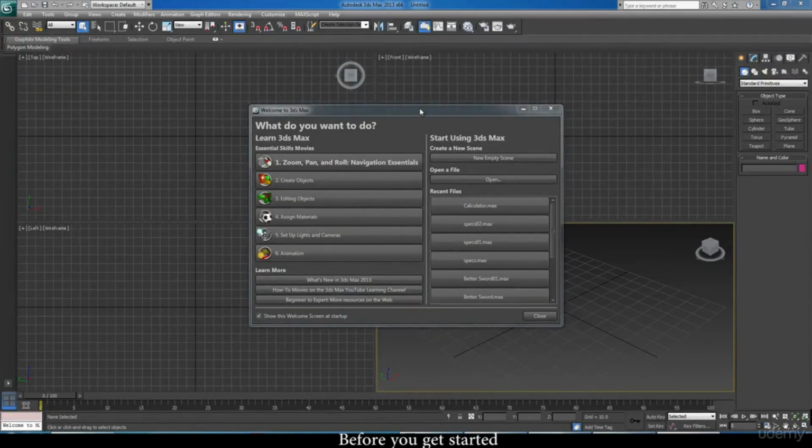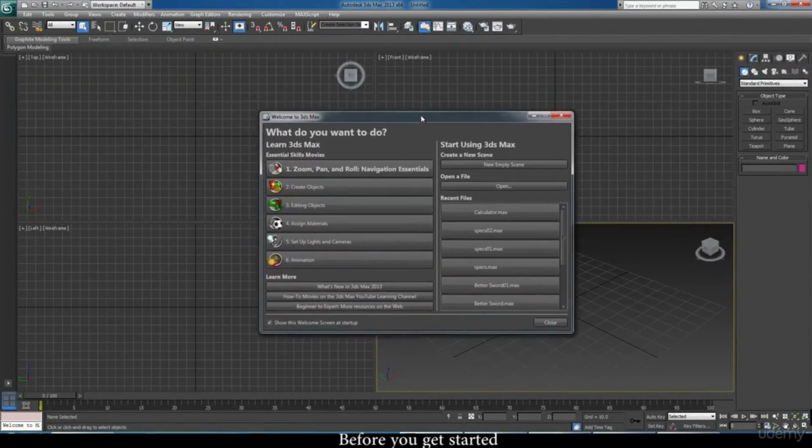Before that, you've got to learn a few things to keep in mind that are very helpful when you are doing your work. Okay, so when you open 3ds Max, you see this pop-up coming in saying welcome to 3ds Max. This is basically like every other software. You have open existing files, open your recent files are here. You can open a new project, right? So let's just start with opening a new project.